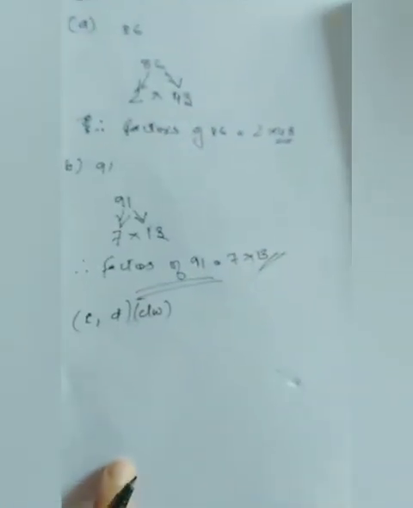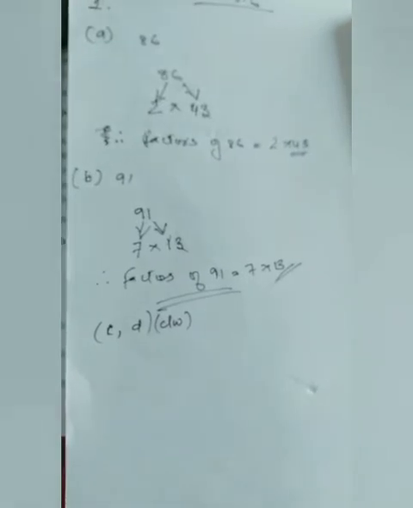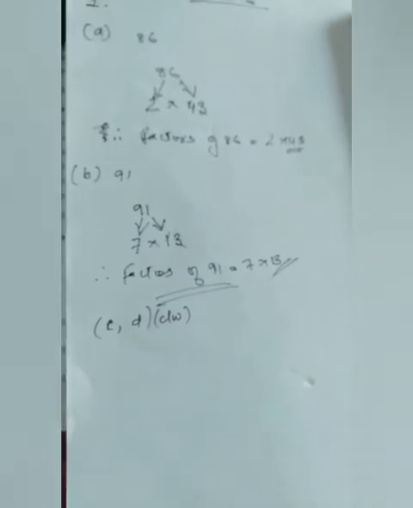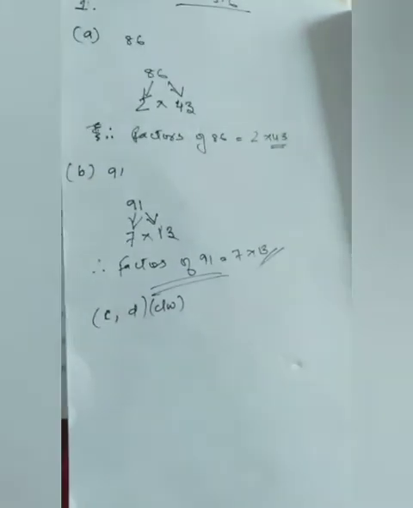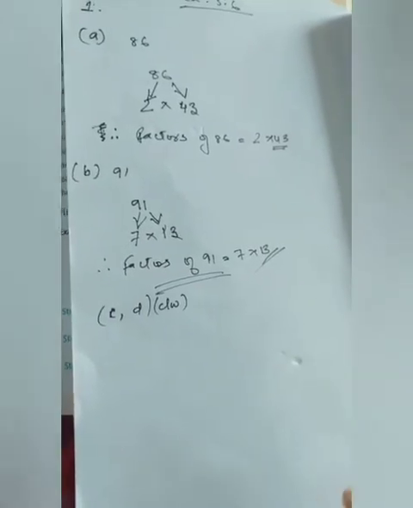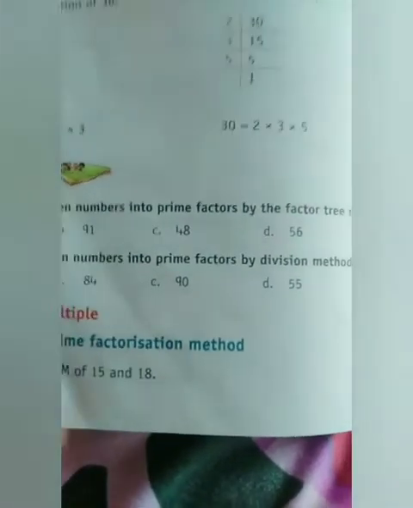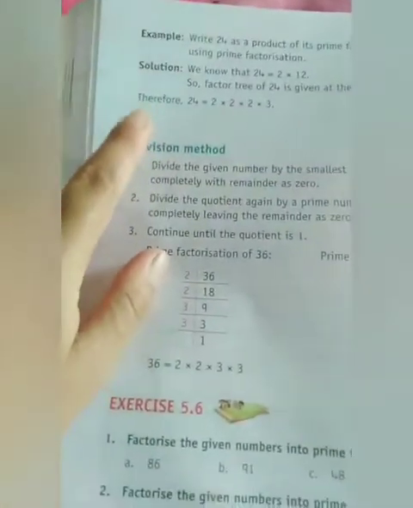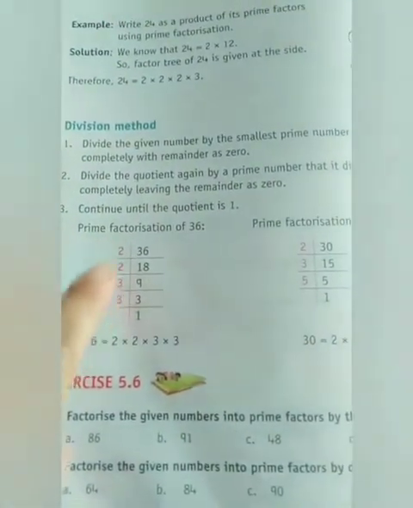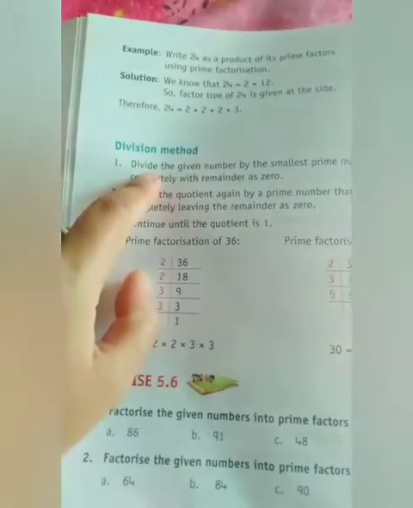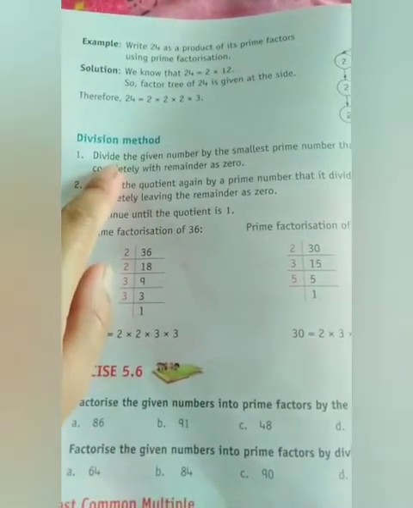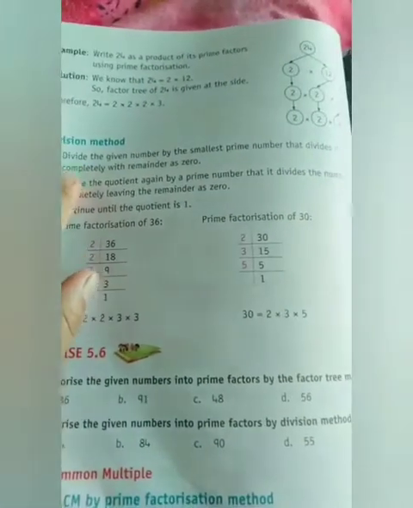Okay, go through the textbook also and the examples, and you will understand more. This is how we have to find out the factor. Now let's look at our question number 2. What is given in question 2? Factorize the given numbers into prime factors by division method. Here the division method is given; you have to find out this division method. Okay, here look: divide the given number by the smallest prime number that divides it